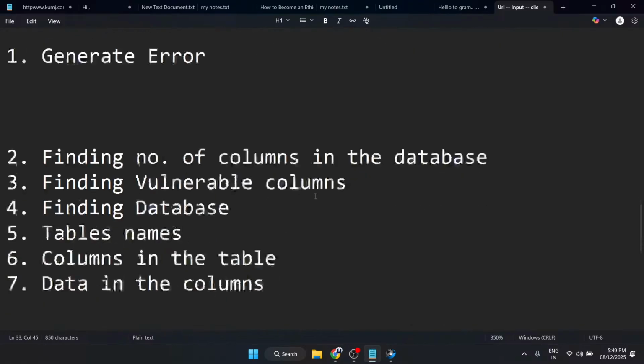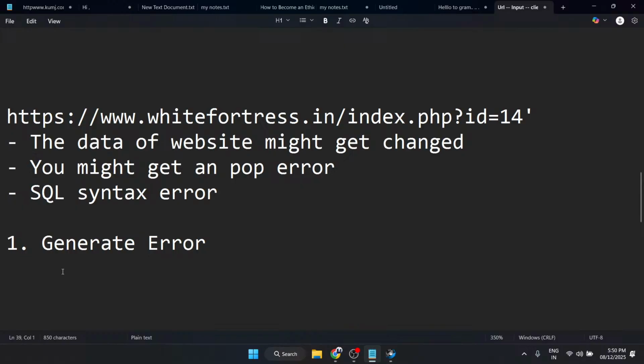There is an error. Next, you'll have to balance the equation. Here I've missed one of the points: after generating an error, balance the equation. What do I mean by balancing the equation? It means you will have to keep on balancing. You'll put some symbols like minus minus for commenting out the further query, or minus minus plus. Plus is for space. So you will put stuff like this over here, till when you have to balance this equation, till